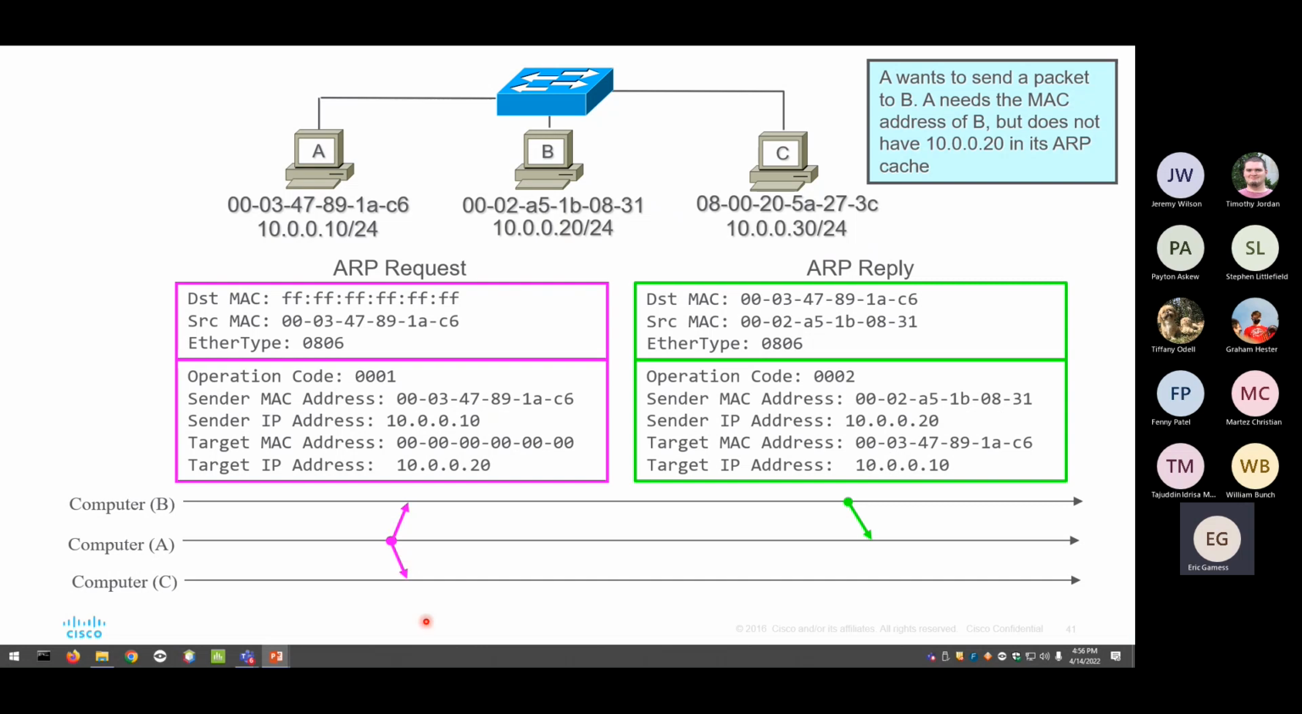Since it's a broadcast, it will be received by B and by C. As you can see, it's received by B and by C. So how will this broadcast look? In layer 2, since it's sent by A and it's a broadcast, the destination MAC is going to be